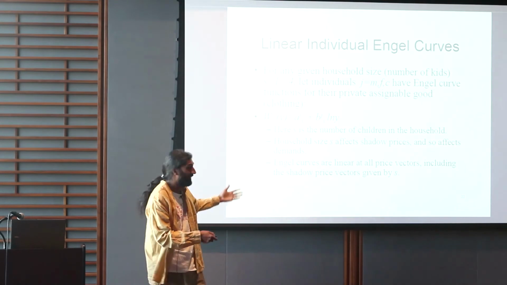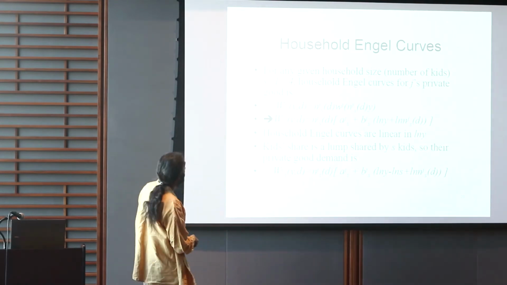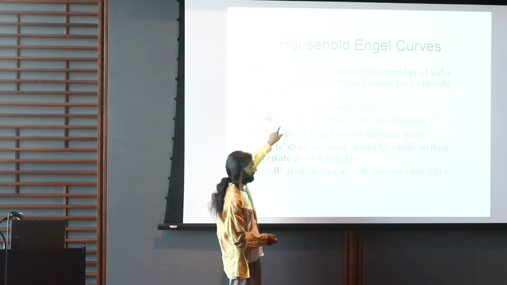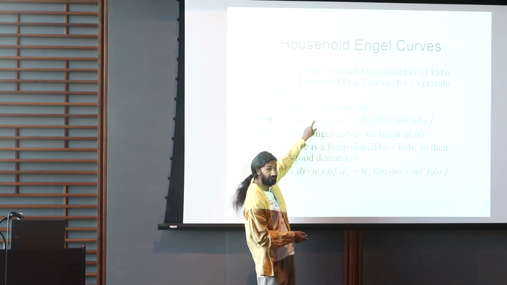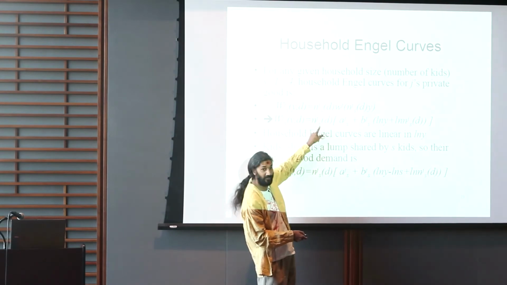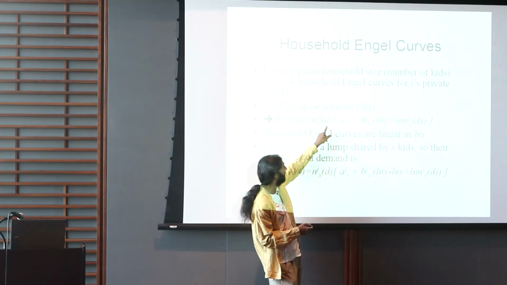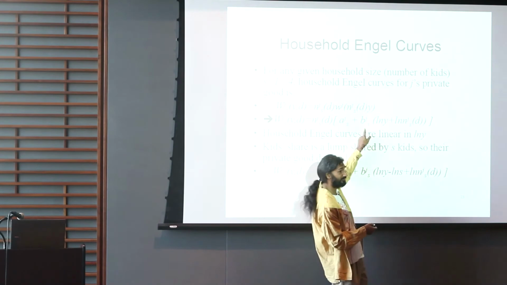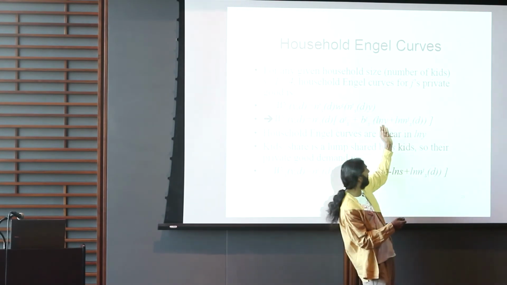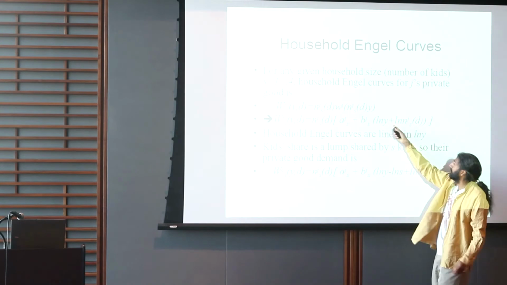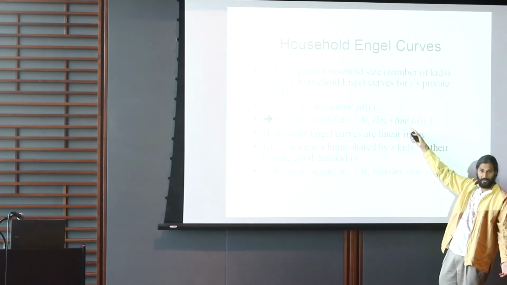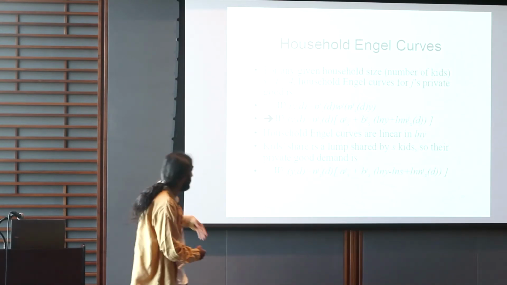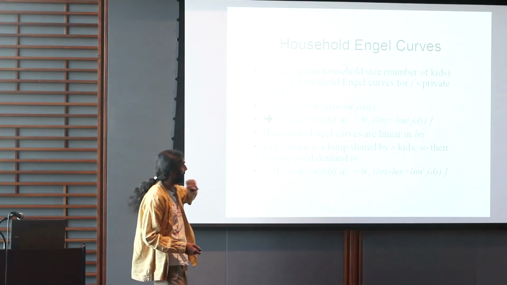And now I'm going to just cram that into the structural model. Here's the budget share for the household. It's the person's resource share in the household size S, and it could depend on distribution factors, and then multiplied by, well, that person has an intercept, that person has a slope with respect to total expenditure, or log total expenditure, times their resource share in that household size. So in this case, the household Engel curves are also linear in the log of expenditure.